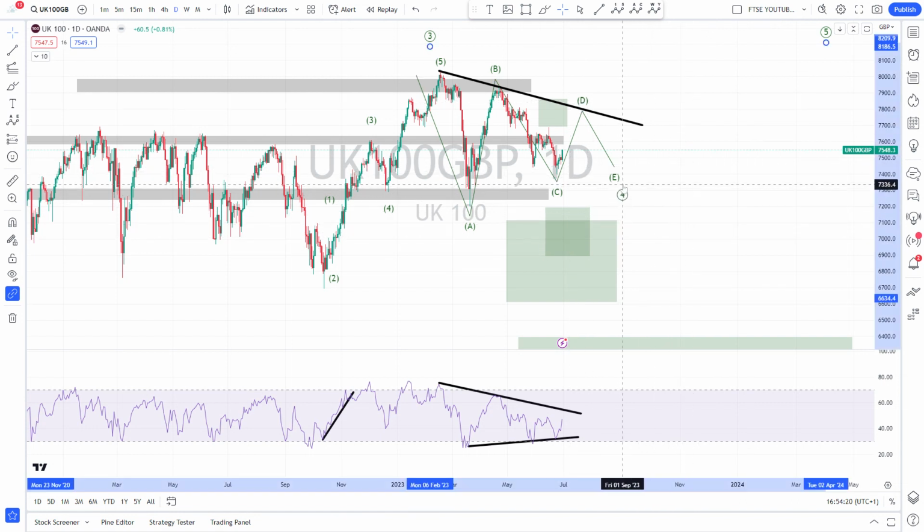So then this will be our 4, and then from here we go higher for our final wave to the upside. So this is, if I have to give a bullish scenario in the higher time frame, this is how I would do it,